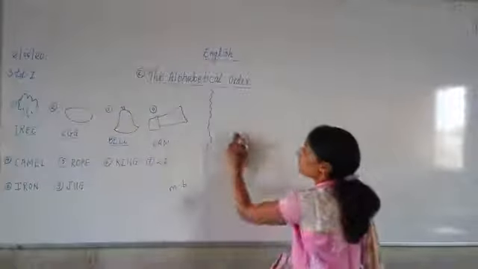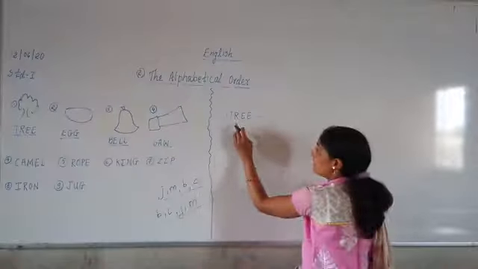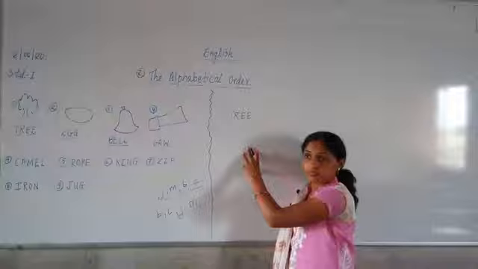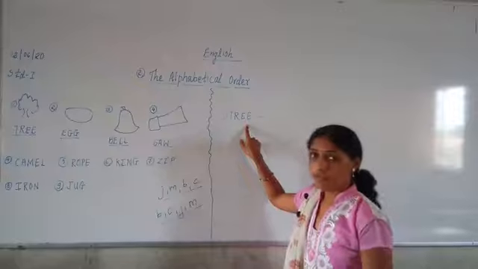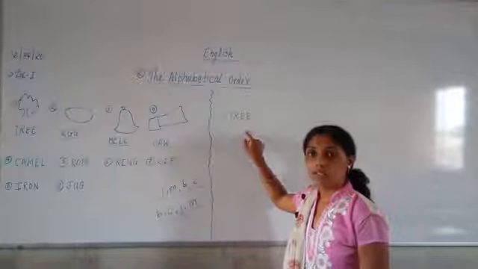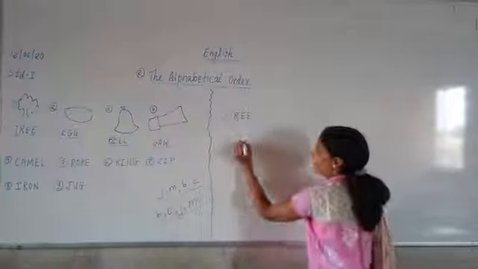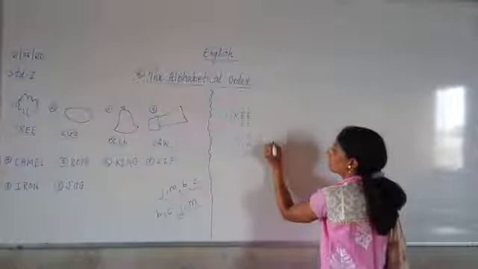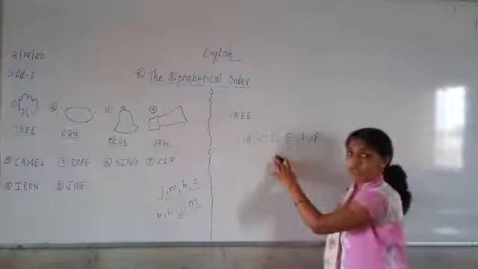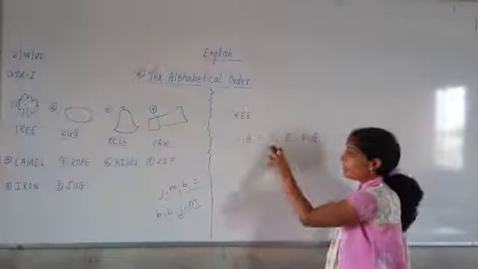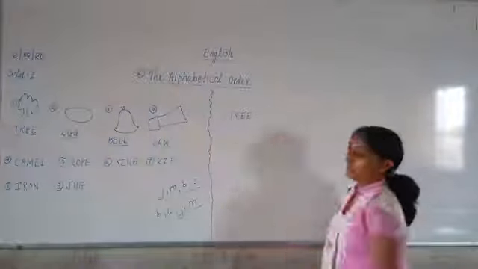Now the first word given over there is tree, T-R-E-E, tree. Now, is this word in alphabetical order? You will say yes. If you say yes, then T is before E. It is like this order: A, B, C, D, E, F, G. Is T there in sequence, in order, or after C? No. So we are going to write down the word in alphabetical order.